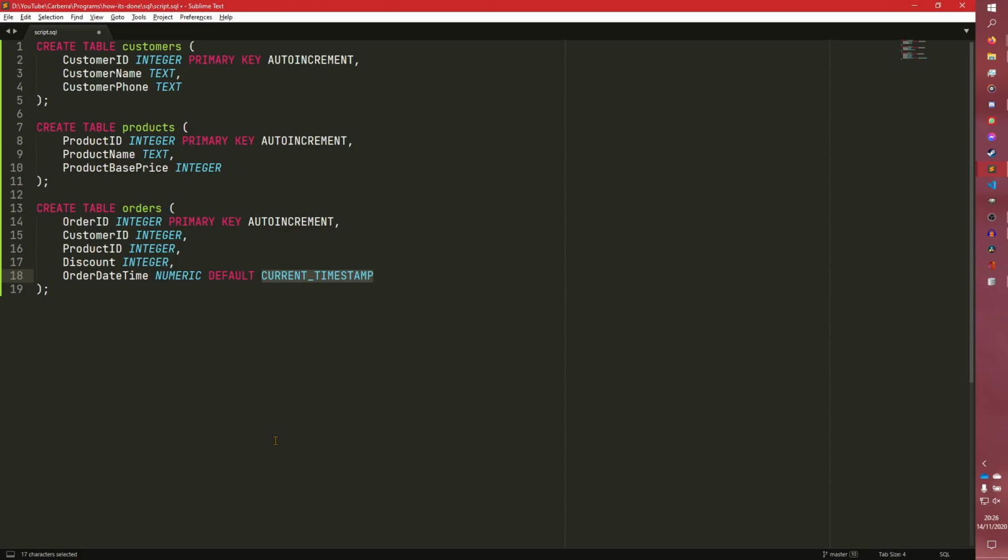I think you can have current time, current date, and all sorts. I believe you also have a date time like function. If you do date time and then now, I think that'll do the same thing. I don't know if that works in the default though. I do know you can use this to do offsets, so now plus 10 seconds or something. You would do that using this, but we're not going to bother with that. We're just going to use